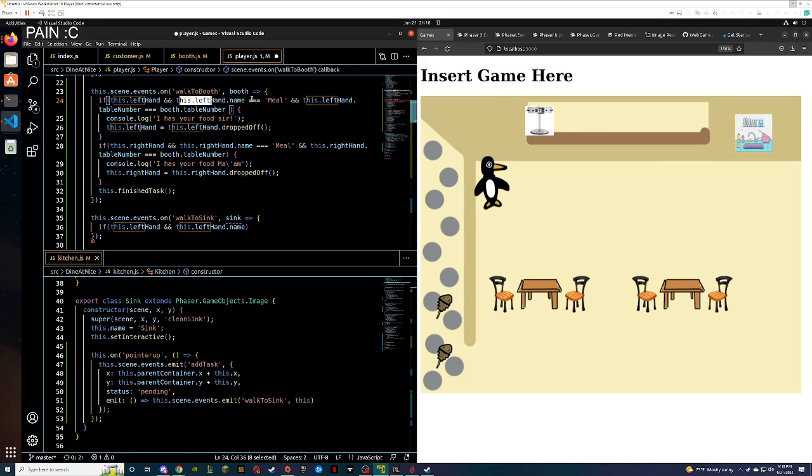When we get our meal, if I check to see if the name is meal, because this is the same object even after I place it down, oh, that's an issue too. I can't.